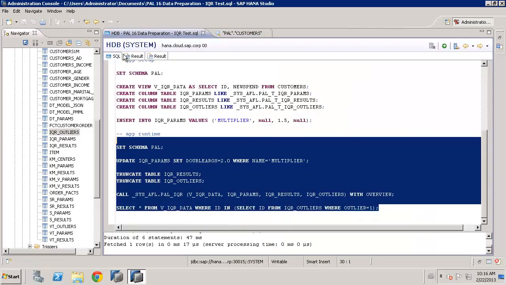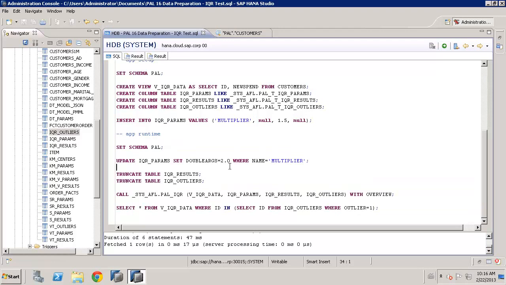So we have a lot of power and we have a lot of control in terms of how we approach working with the interquartile range test using the PAL in HANA. And of course, this is HANA. You want to point this at a very large data set. It will perform this analysis very powerfully, very, very quickly, and you'll get a very fast response in terms of what those outliers may or may not be, and use that as part of your initial data analysis and as you